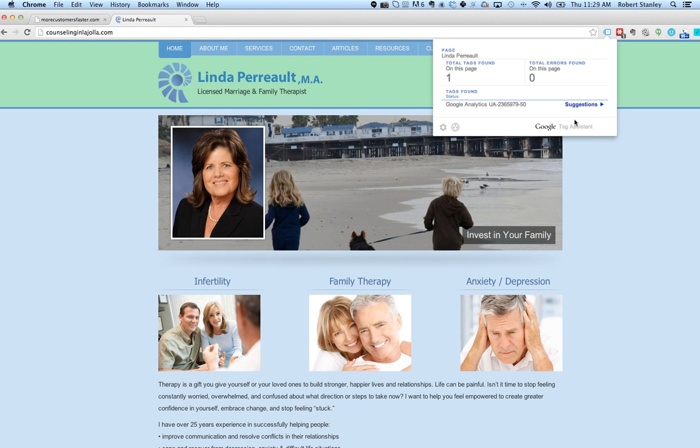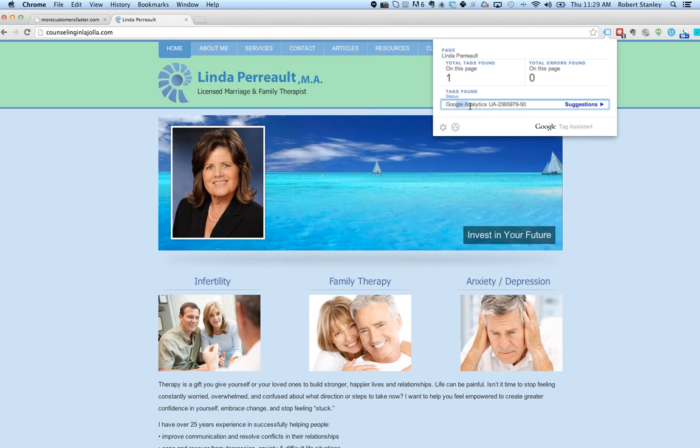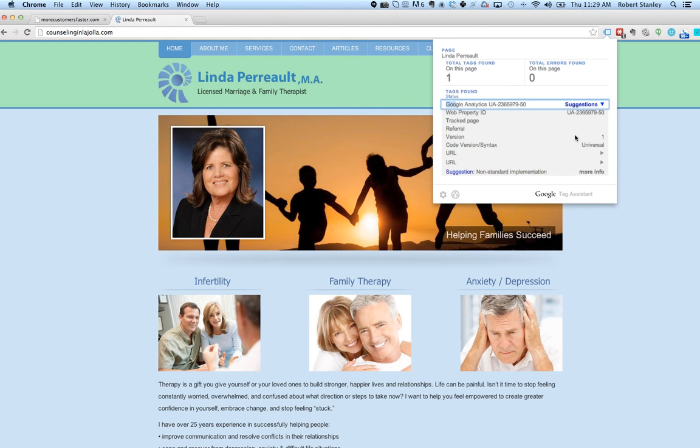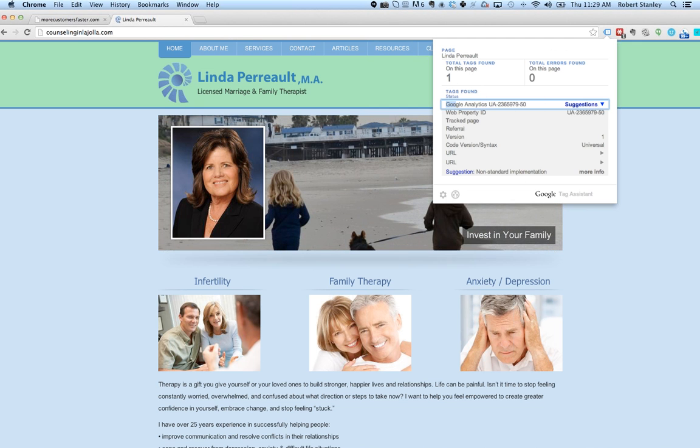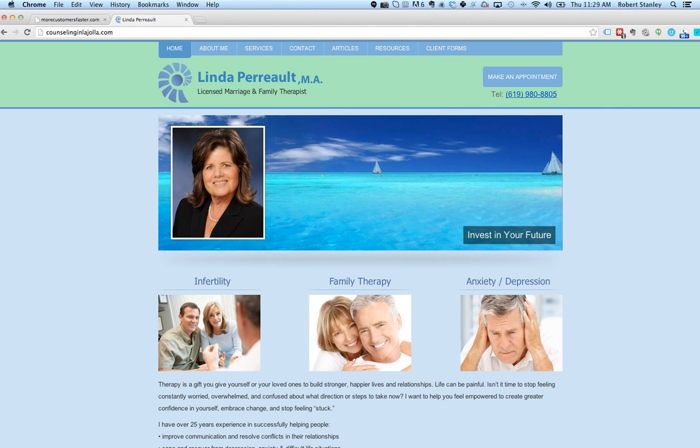Check this. Oh, I wasn't hitting the check. Okay, so right now you can see it says Google Analytics and that it's working and everything. If you have a split testing code, retargeting code, whatever, the Tag Assistant will tell you that. So I don't know if you've used that, Richard, but